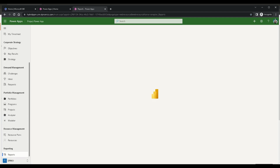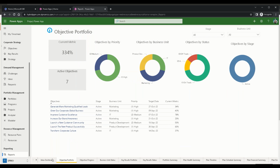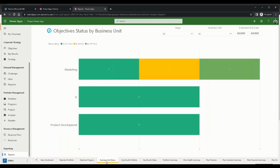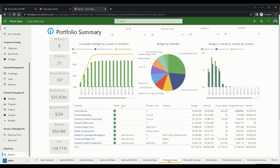We can see here, in terms of reporting, you're still leveraging Power BI. So again, the reporting, in this case, is OnePlan's out-of-the-box report pack for SPM, and it covers all of the elements that are being managed within the system. You can also, by the way, bring external information if you wanted to. That's just a capability within OnePlan and Power BI, so it doesn't all have to reside there. But here, from objectives, where we've started, to the objective portfolio, to the objective progress, business unit status, key results portfolio, which is really where everything we're driving towards, managing the outcomes, to our portfolio summary,